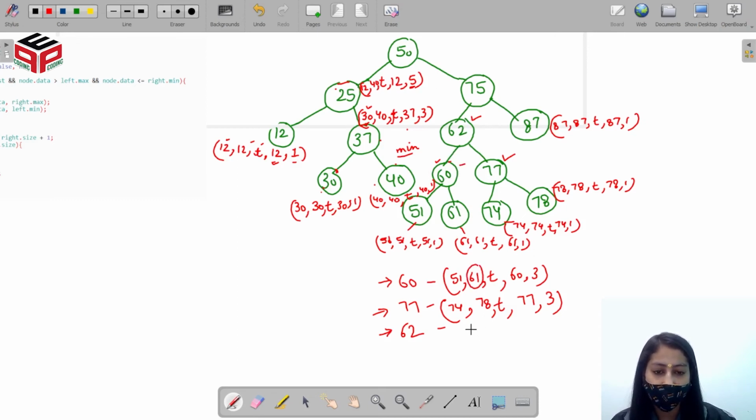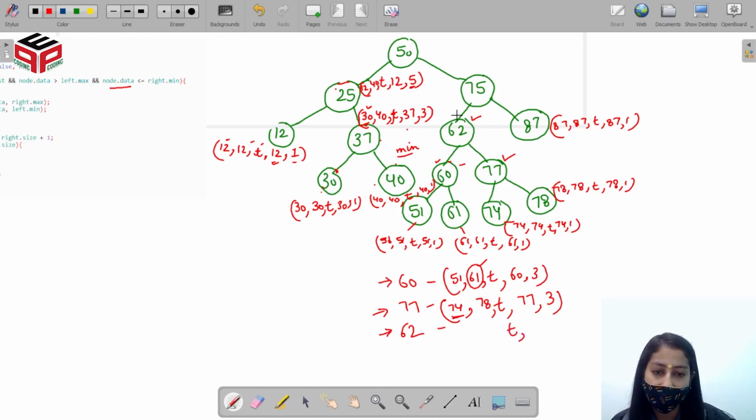So 62 is greater than 61, right? So 62 is greater than 61, that is the maximum value of left subtree, and 62 is smaller than the minimum value of right subtree. The minimum value of right subtree is 74. 62 is smaller than this minimum value, so 62 is a BST.